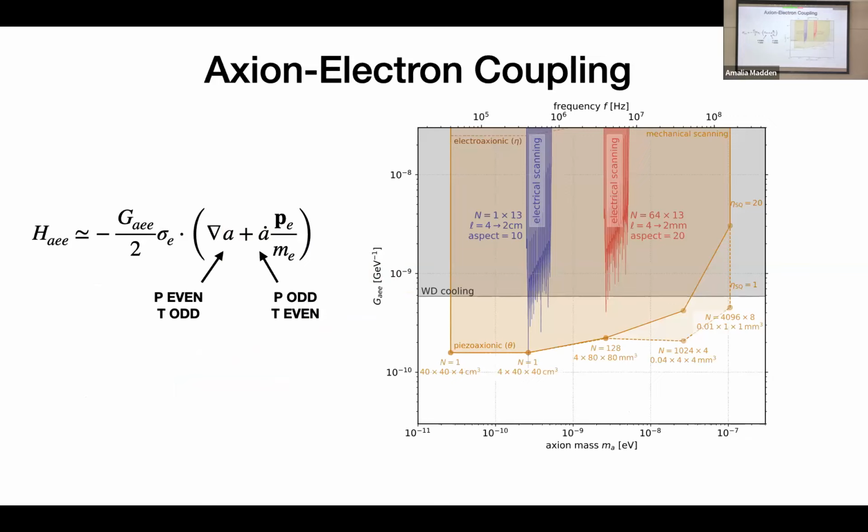Something you could do more immediately is to look for the axion-electron coupling. If you look at the non-relativistic Hamiltonian for the axion coupling to electrons, you find that this part of the Hamiltonian is P odd and T even. What's really interesting about that is I told you previously we needed some T oddness from polarizing nuclear spins. Now this interaction is already T even and we don't need to polarize the nuclear spins. We're also not interested in the Schiff moment or the nuclear properties. So this is an experiment you could potentially do straight away with something like quartz.